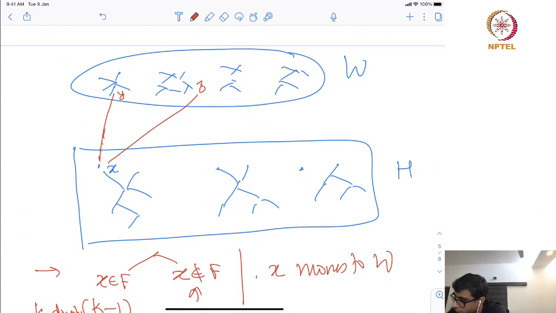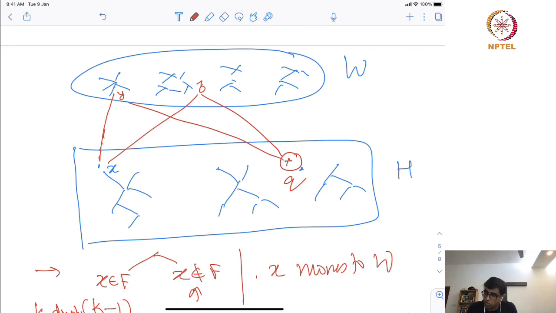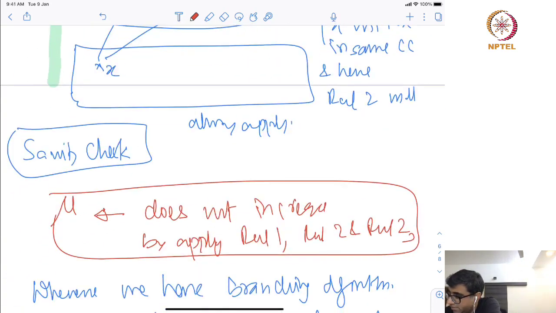Right, or here, right. Otherwise you can just branch on this vertex, call it Q, the same way as you have branched on X, because either Q goes into the solution or Q moves to W and reduces the number of connected components by 1. Okay, so that kind of completes my algorithm.